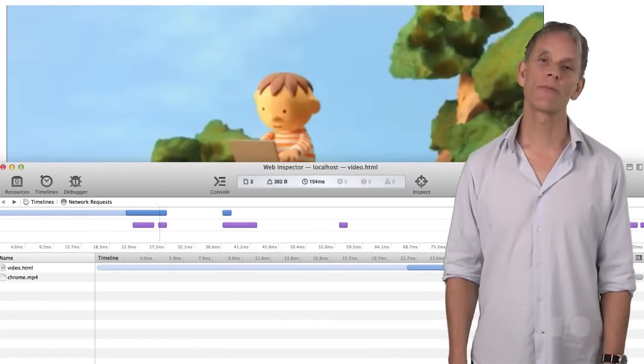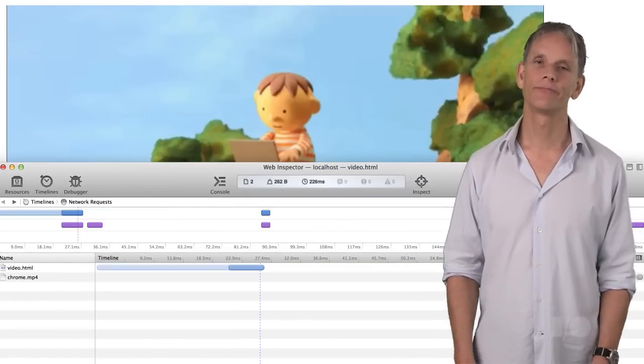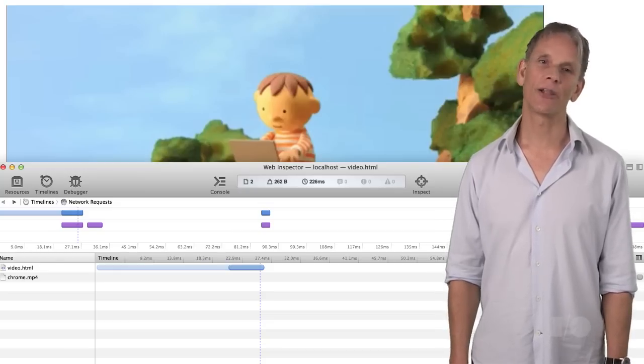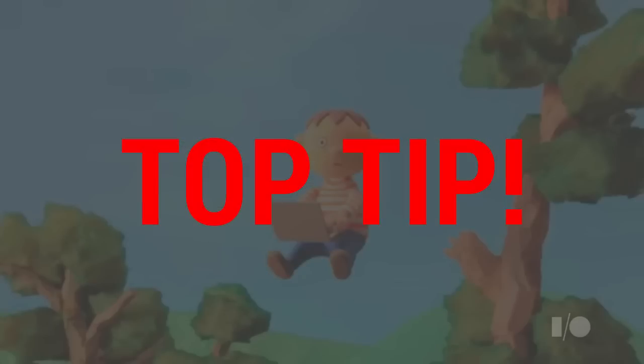Let's see how that looks from the Safari Web Inspector. Excellent. As you can see, Safari now only downloads the MP4. Now here's another tip for you, thinking about video types. You need to make sure your server reports the right MIME type. Otherwise, video source type checks won't work. This should be set correctly, but you may want to check.